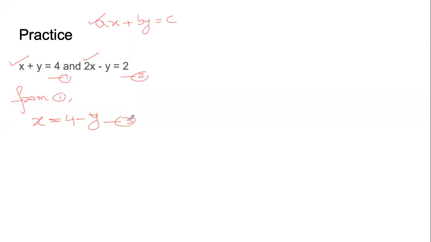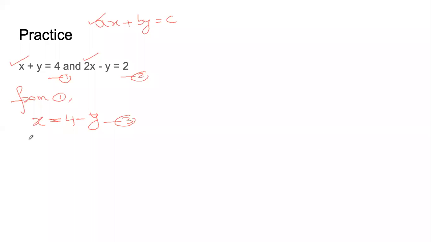Suppose this is equation 3. This is what I meant by choose the variable. Choose the equation, choose the variable to substitute. Express the variable in terms of the other variable. So Alfia chose that we will substitute x. So we are writing x in terms of y from equation number 1. We can do it from 2 also, but it is much easier from 1.